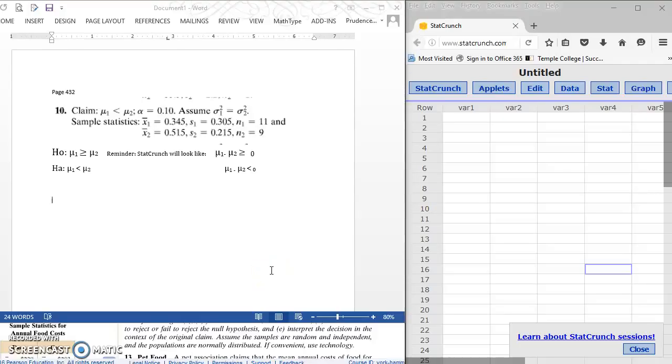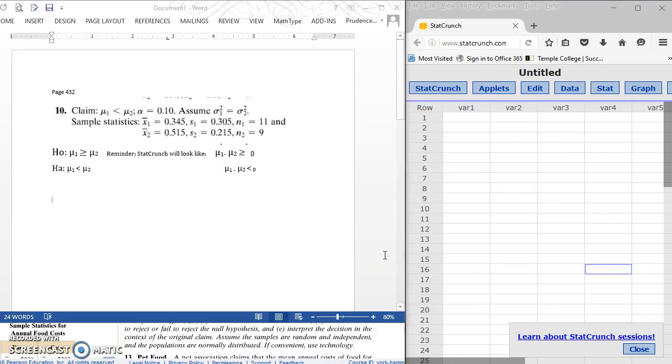York-Hammons. We are still in Chapter 8, Section 2, Testing the Differences in Population Means. In this section, we're using a t-test because we do not know the population standard deviation for either of the two samples that we were working with. So I'm looking at number 10 from page 432. We were given, it says to assume that the samples are random and independent and the populations are normally distributed. So we have the conditions that we need in order to do the t-test statistic in StatCrunch to determine whether